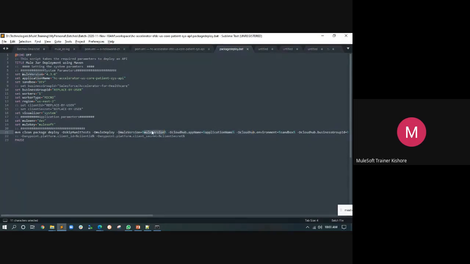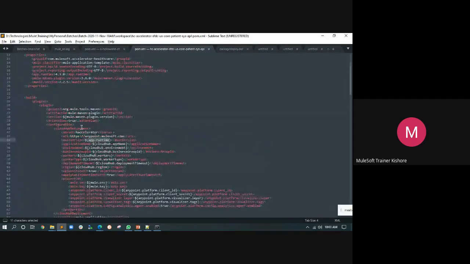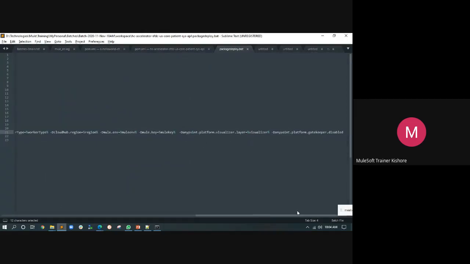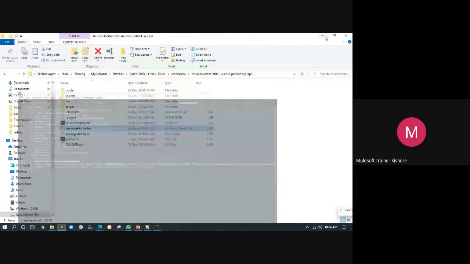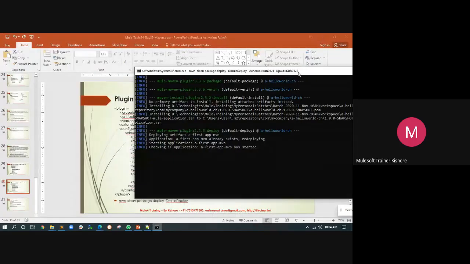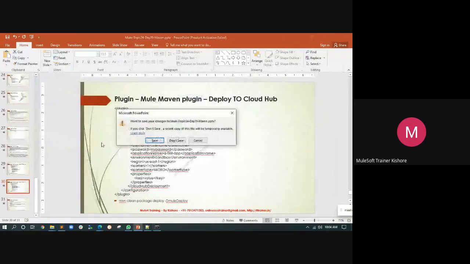This mule version is created as a property here, and this value is applied at the time of executing this, and this mule version will get replaced inside your POM, where the mule version is, something like this. Your mule version is applied as an app runtime from one of the properties, and then it will get replaced. So whatever we have covered in our session is mostly similar to your real-time application.